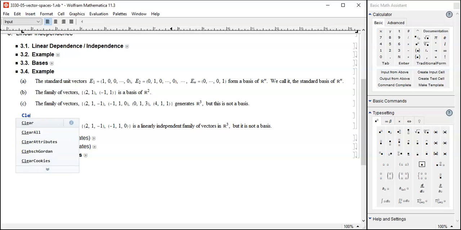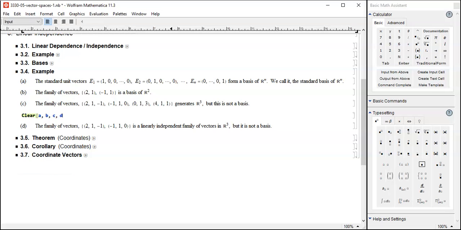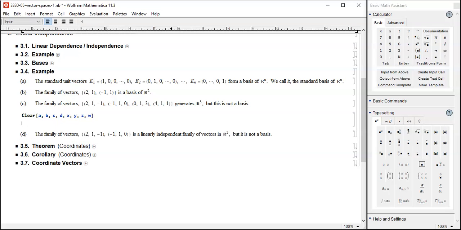So let's begin with generating. Let's clear some variables. An arbitrary 3D vector (a, b, c) can be written as x times (2, 1, -1) plus y times (-1, 1, 0) plus z times (0, 1, 3) plus w times (4, 1, 1), and solve with respect to x, y, z, w, and this will generate